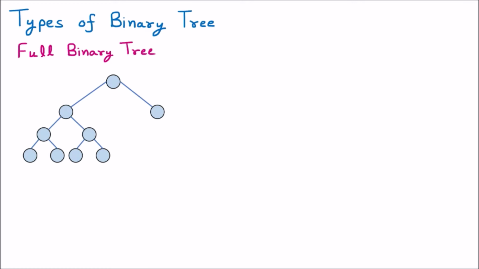So the first tree we are having is the full binary tree. Talking about the full binary tree, here each node is having 0 or 2 children. To understand this, I am giving labels to these nodes. Here we are giving labels like A, B, C, then afterward D, E, F, G, H and I. So these are the nodes which are available.